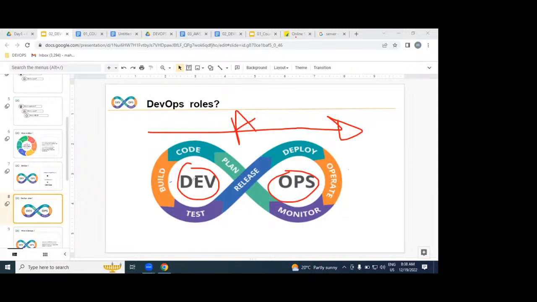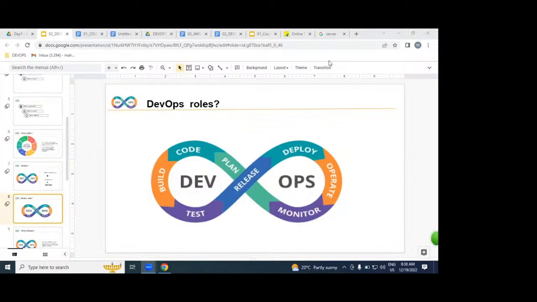For example, developers are writing the lines of code, the software. The software is going to move into a production environment with an automated process. That automated process is going to be created by DevOps. That is the only role we are going to be playing in SDLC. Developers are writing code, testers are writing test cases, DB administrators and AWS administrators are working on AWS. All the people together complete our SDLC process. On top of the SDLC process, as a DevOps engineer, we are going to be implementing an automated process.